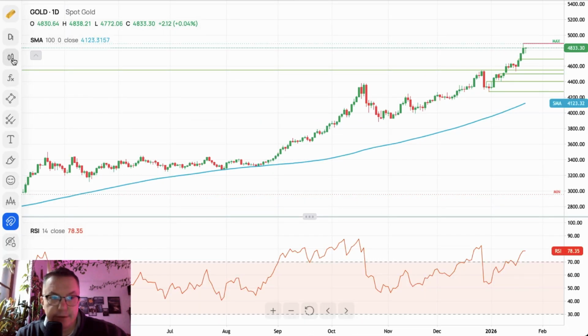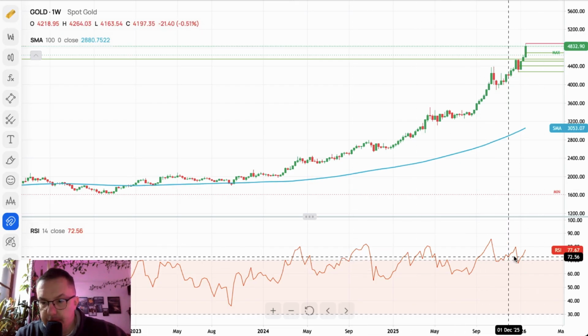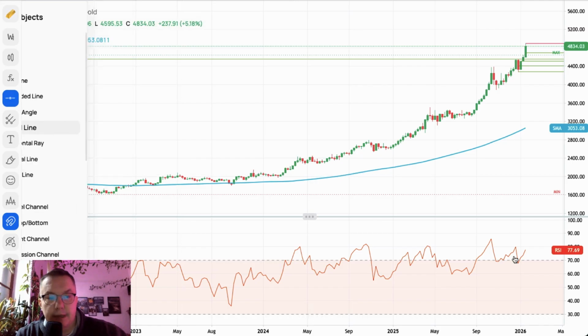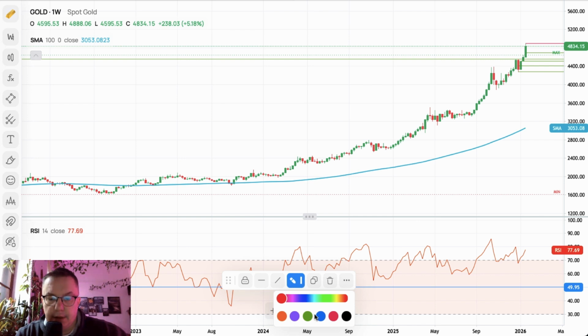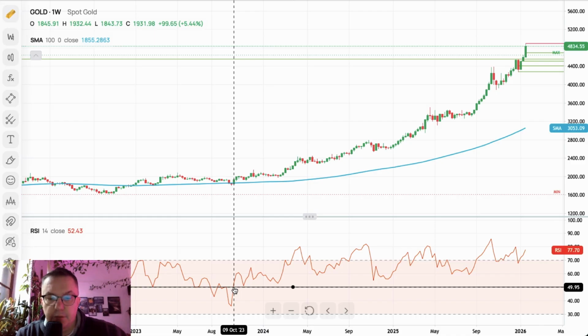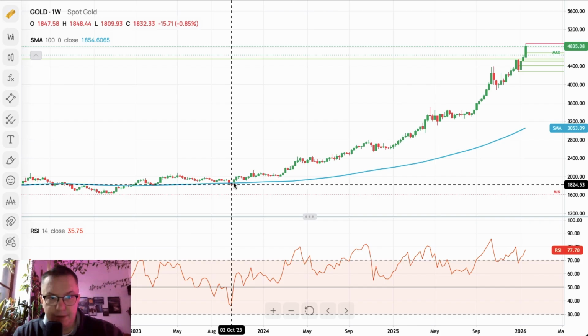On a daily time frame chart, it looks even more impressive. On a weekly time frame chart, we keep above the level of 70. The low is 67 on the momentum, and if you take a look here, you can see that this is the level of 50, let's say, and the market of gold has not been below the level of 50 since October 9th, 2023 on a weekly time frame chart, when the price was breaking towards the 2000 level with a high at 1938 this week and the low of 1809 the week before.